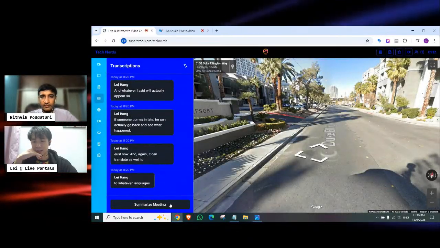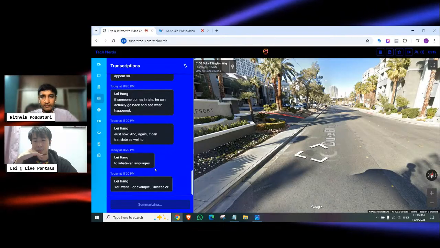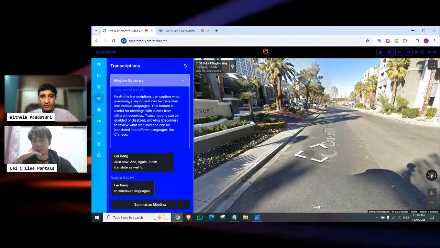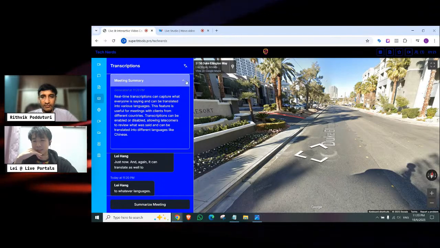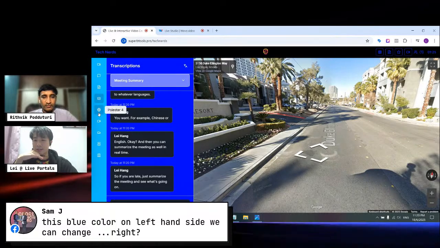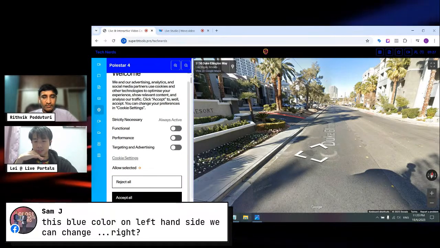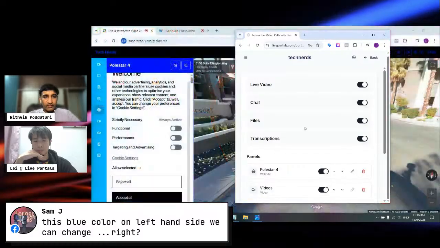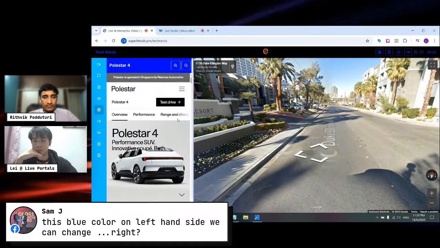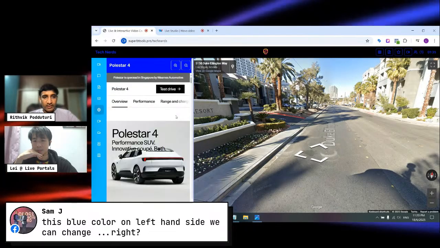And then you can summarize the meeting as well in real time. So if you're late, just summarize the meeting and see what's going on. So that's our transcriptions, and on the sidebar, you can also embed whatever you want. You can embed your videos, you can embed your website. And Sam is asking, is the blue color